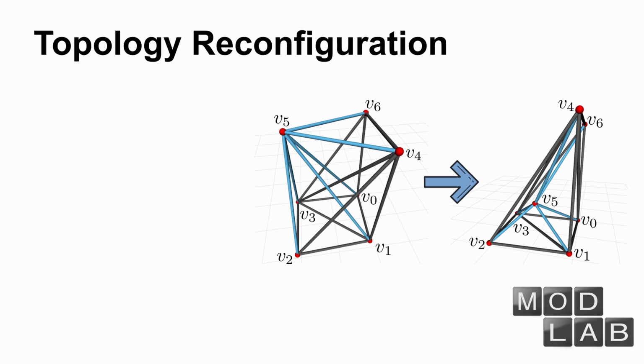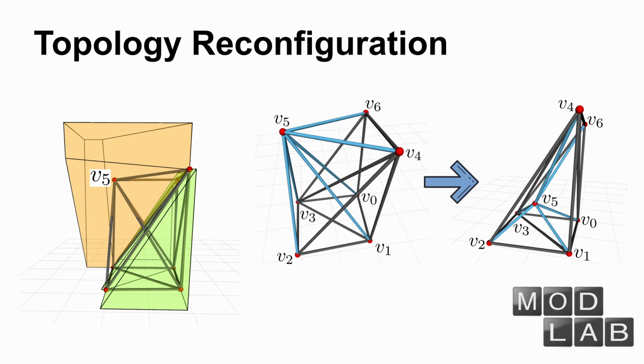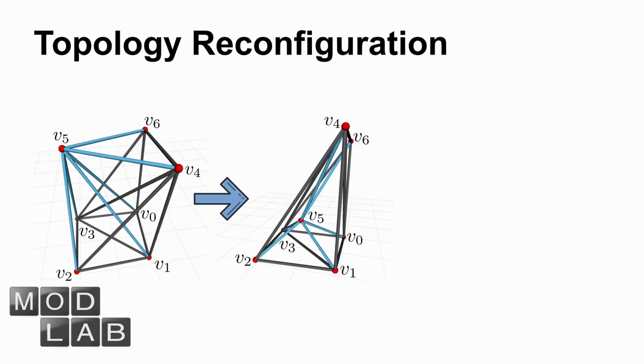Here we show a test result using our topology reconfiguration planning. We first verify topology reconfiguration is needed if we want to move node V5 from the position in the yellow space to a new position inside the green space, because these two spaces are separated, and then find the right way to split the node so that the enclosed free subspaces for both newly generated nodes can contain the goal position. After splitting this node, we can use the previous geometry reconfiguration planner to plan the motion of these two